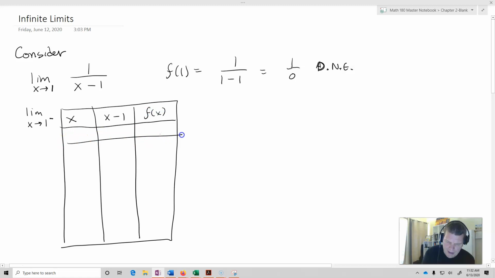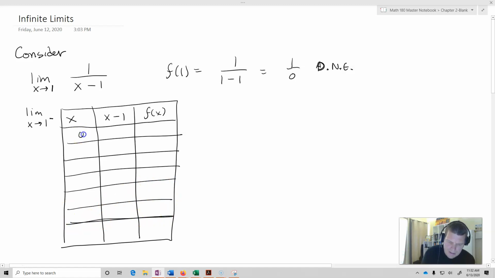What happens to f of x? I'll start out at 0, then 0.5, then 0.75, so we get closer and closer from the negative side to 1. And then 0.9, 0.99, 0.999,